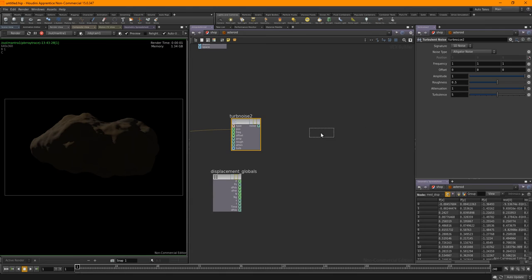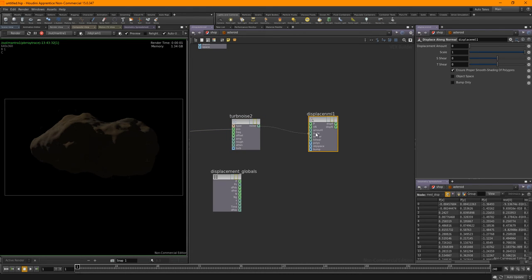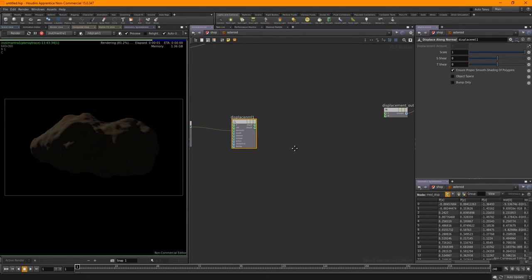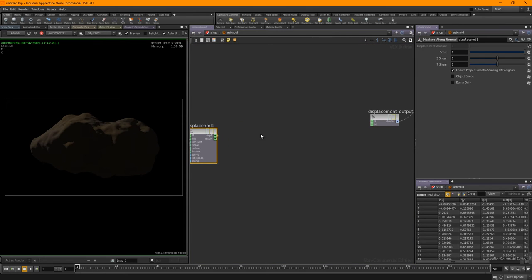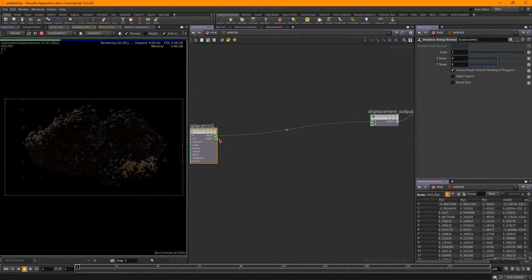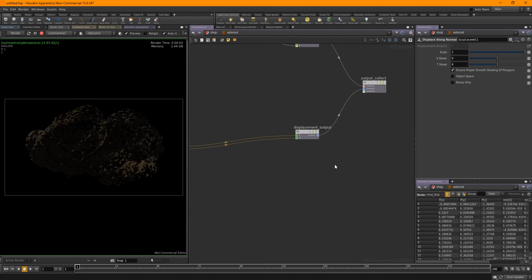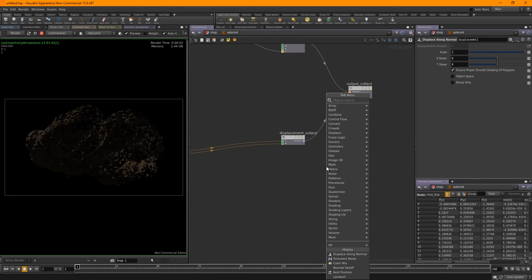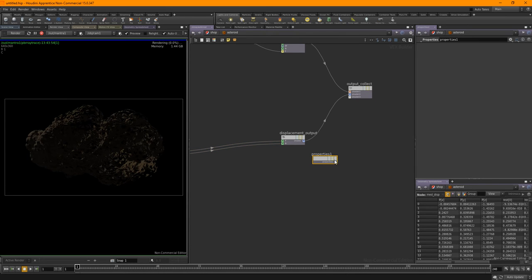Displace along normal, as we've previously done. But because this is in the shading context, you need to displace the normals, the points and the normals. Okay, what did we just do? We just broke our model. Not really. Basically we haven't set the bounds for this, so what we can do is go to the properties of up and pipe that into there.